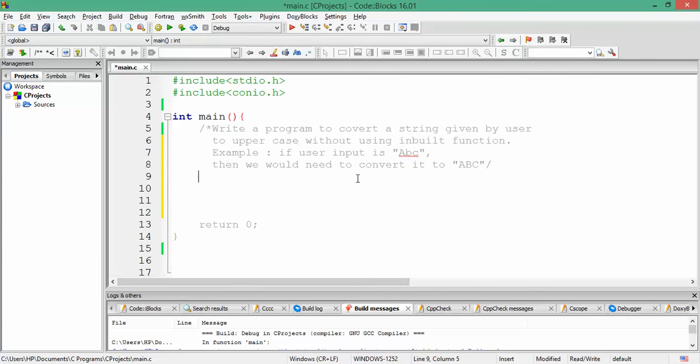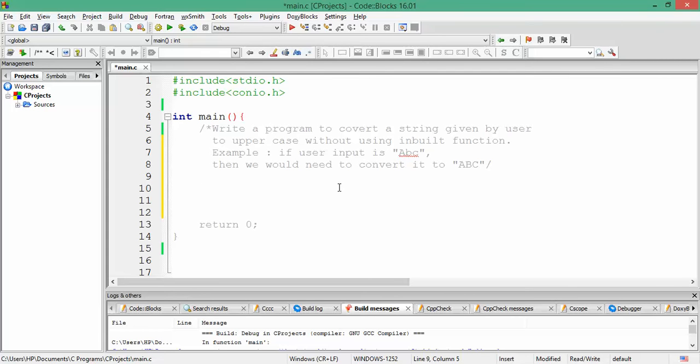So instead of that, we are going to use our knowledge of how a character is stored in memory. A character is stored in memory in binary form, and that binary form is a binary representation of the ASCII value associated with the character.